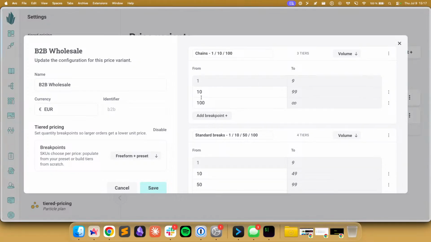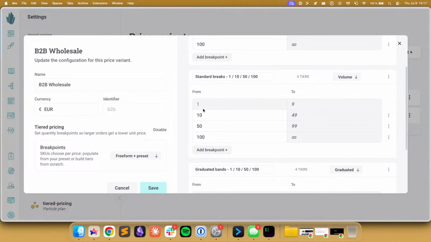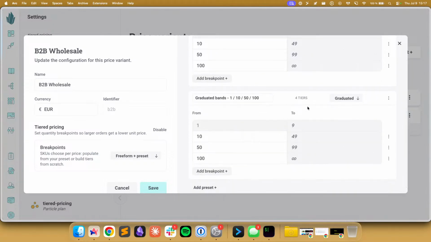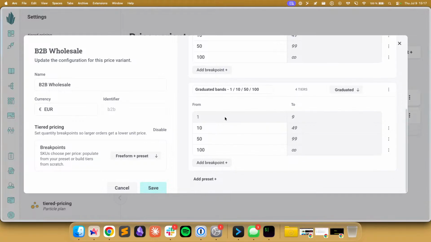Something that goes from 1, 10 to 100, something that goes from 1, 10, 50 to 100, for example. We have different breakpoints. And then the graduated one, where we had this 1, 10, 50, and 100 again. So here we just have the limits, and we define, okay, these are the tiers that we go through, right? Yeah. But then we have to aggregate the actual prices